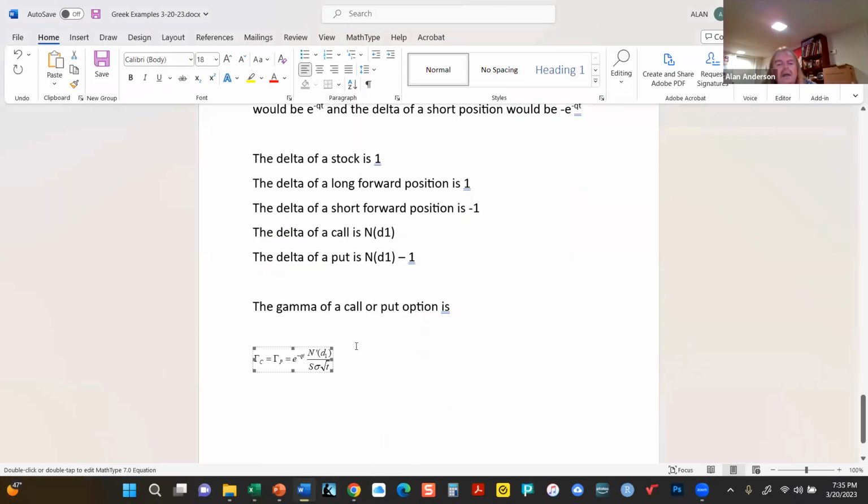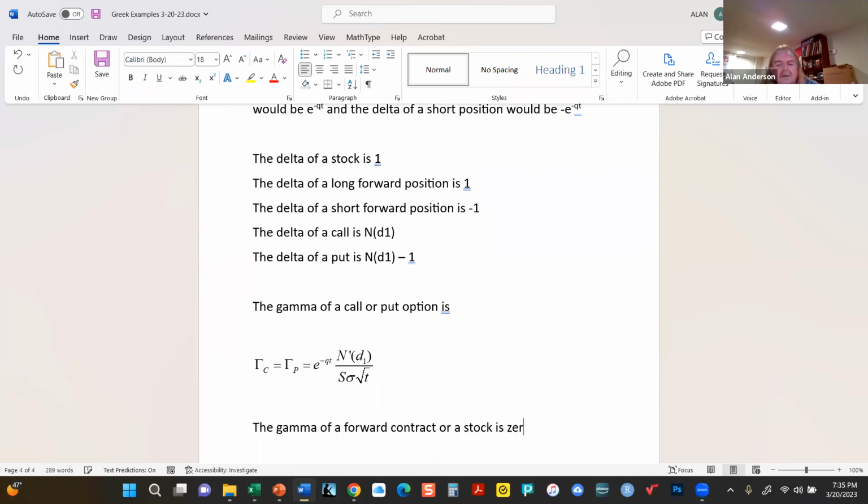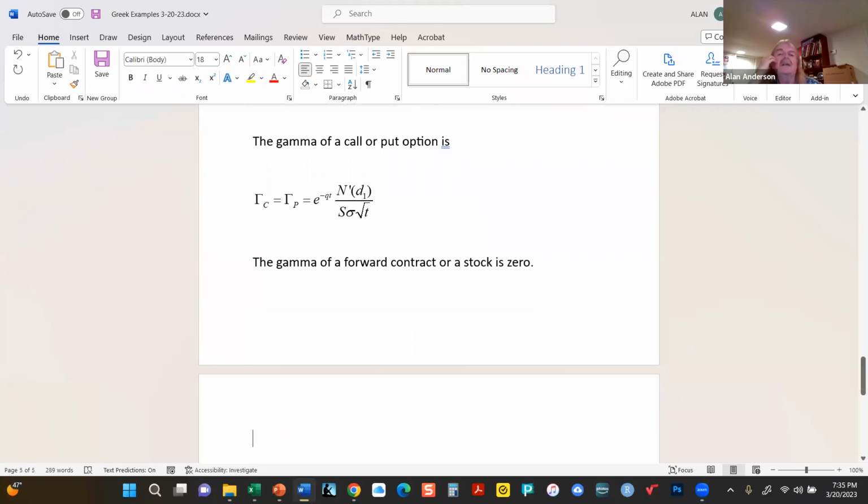But it turns out the gamma of a forward contract or a stock is 0. So what that means then is that if you're interested in simultaneously becoming delta and gamma neutral,